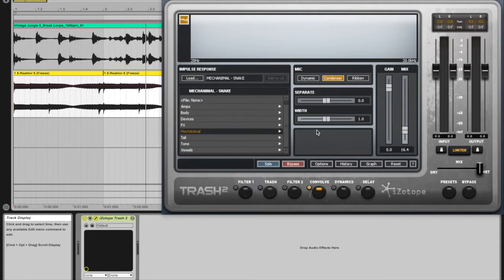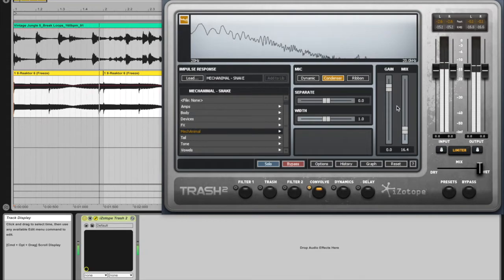Now let's take a look in the center here. So you have these 3 different mic types. You have a dynamic mic emulation, a condenser mic emulation, and a ribbon mic emulation. And I like to think of these as almost an A, B, and C version of each of these impulse responses. So if you're trying one of the impulse responses and you're not exactly in love with the particular sound, maybe try a different mic type, and that might do the trick. So for example, with this sound,